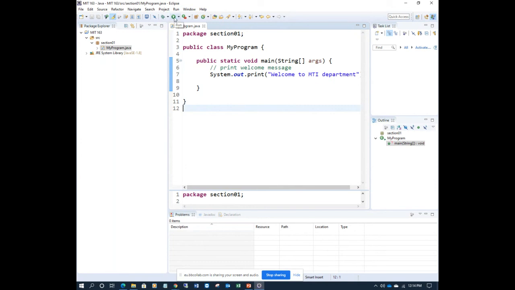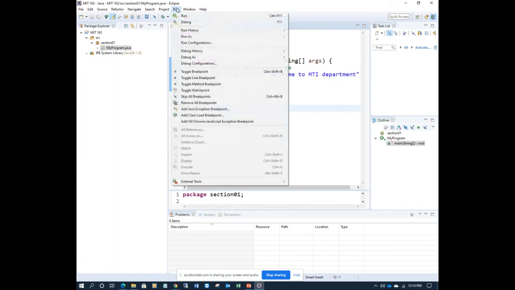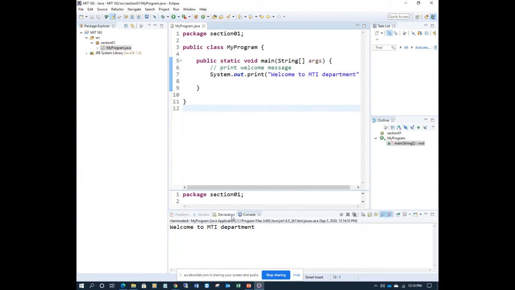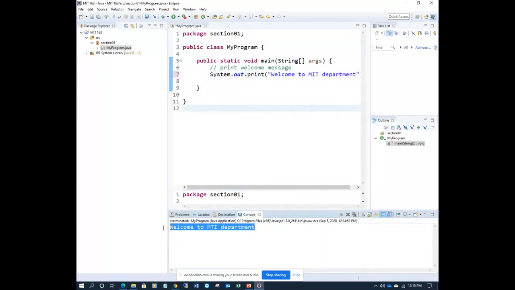Now after this, just click over here, the run shortcut, or just press Control F11. Okay, Control F11 and click Run. Now you see in the console here, it is generated: welcome to MIT, sorry, spelling mistake, but no problem, MIT department. Okay, welcome to MIT department. Got it? So this is an output, which means there is no error in the program. Save it again, because you changed the program, the spelling. Click over here and just run again. You'll find it exactly as required. This is the console, which means it will print on the console like a command prompt.